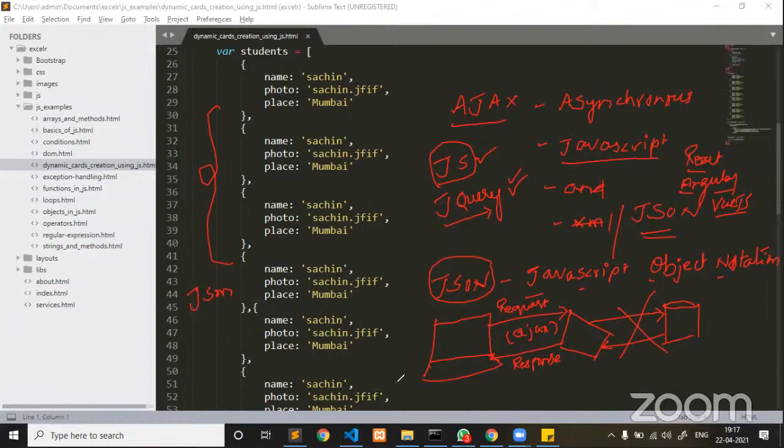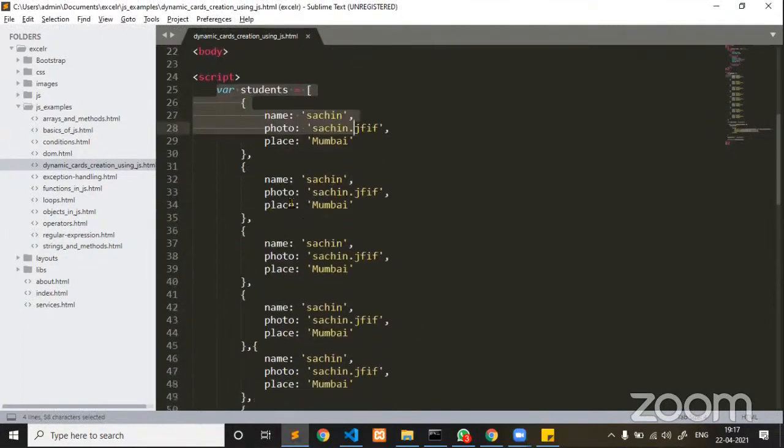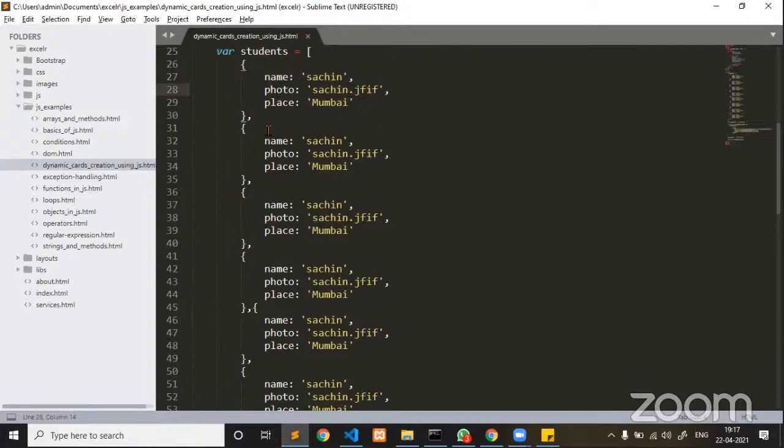So now guys, when you are transmitting data from the client side, let me see, one minute, what I'm trying to explain here. Yesterday I created a dummy data. You see here, I created a dummy data. Now instead of creating a dummy data, if you wanted this data to be collected from a middleware, how are we going to send a request? Now you should also have a middleware in place.